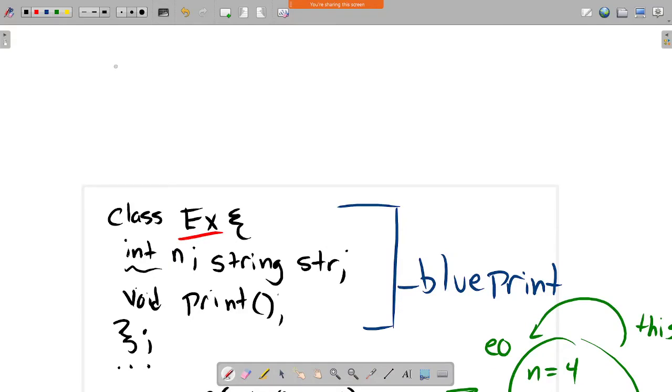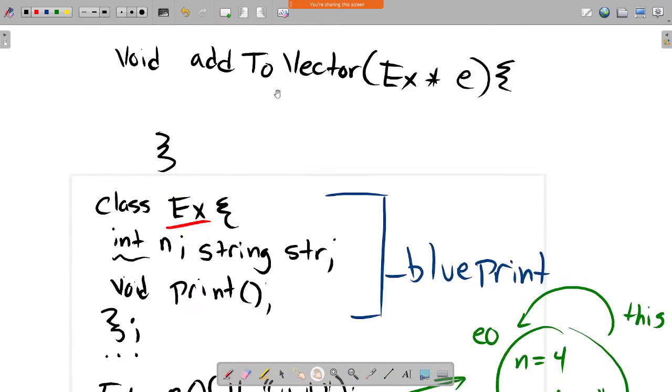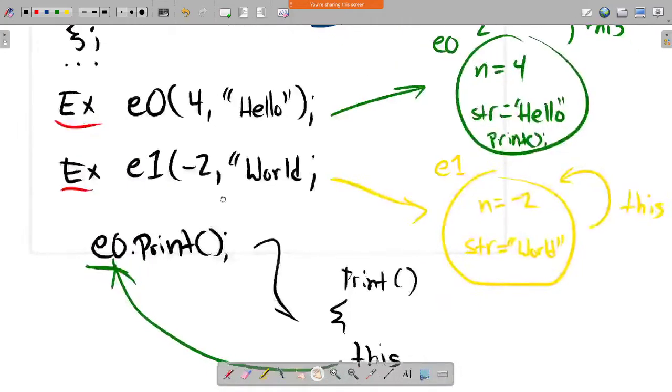So for instance, if I had just a global function called, I don't know, add to queue or something weird like that, or add to vector, let's just say, and it took an example, it would probably be a pointer, which we haven't got to yet, but that's okay. Then if I wanted to add whatever this is to the vector, let's say that's what the function does, it just takes the parameter e and it adds it to some vector,